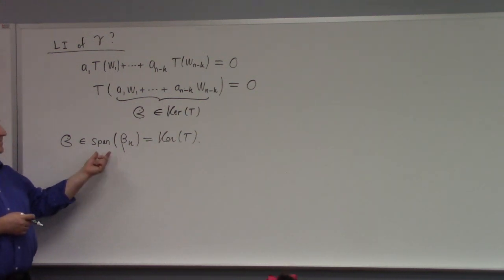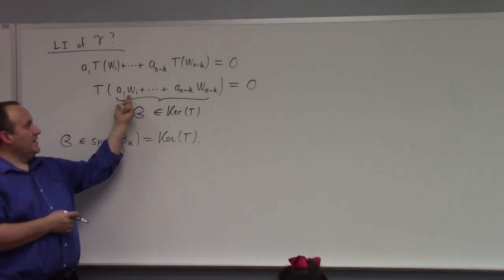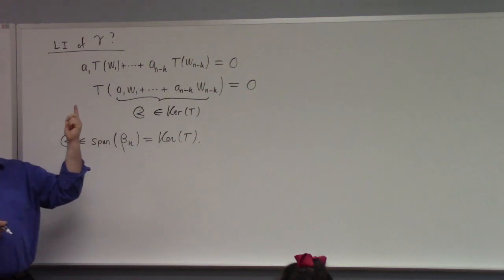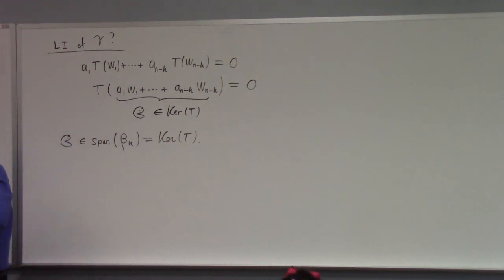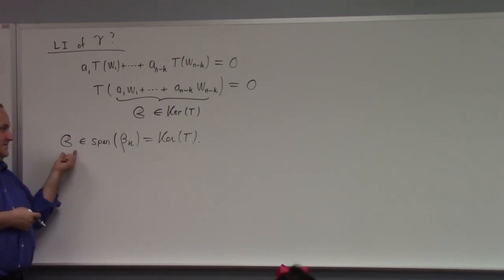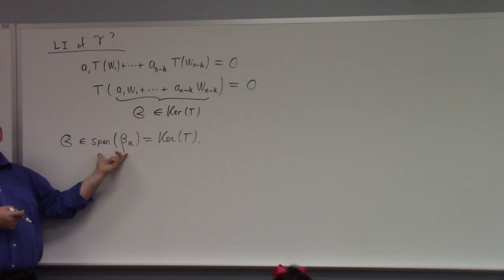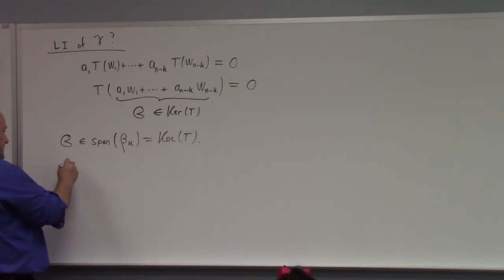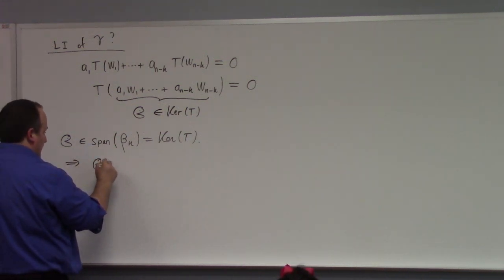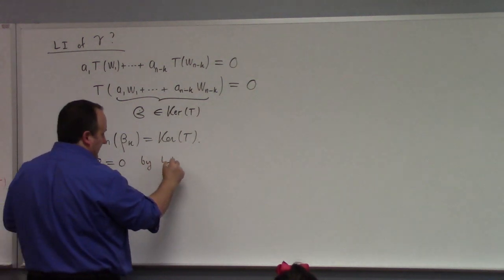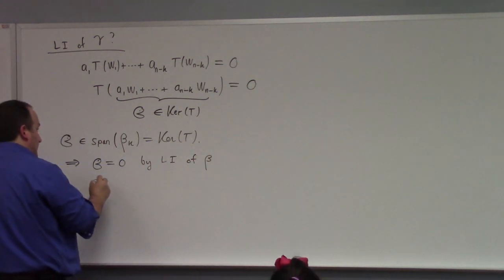By construction, all of these are vectors outside of the kernel. When we extend the basis, the way the extension works is we have to adjoin vectors outside of the kernel. Otherwise, we'd have a linear dependence. So the only way this can be in here is for it to be 0. Otherwise, there's a linear dependence in the basis beta that we've constructed. So this implies that Pac-Man has to equal 0 by linear independence of beta, which then gives me